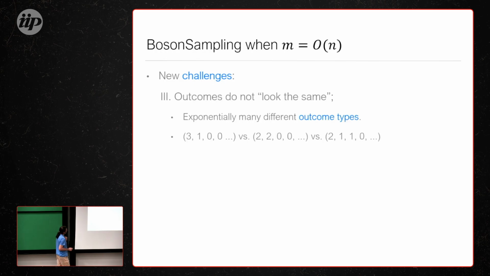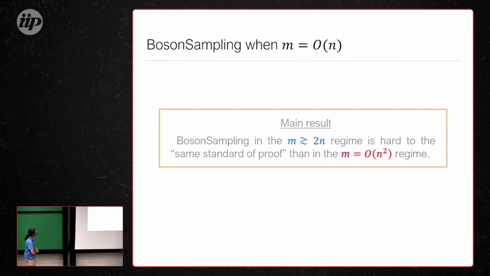And the other thing, which doesn't matter too much, is that rather than saying, oh, I've proved that one outcome is hard, therefore it follows that all of them should be hard, which was true in 2012, now we say there are exponentially many different ways that the photons can group together. And we have to prove that most of these outcomes are hard, one by one, let's say. So we had to take this into account as well.